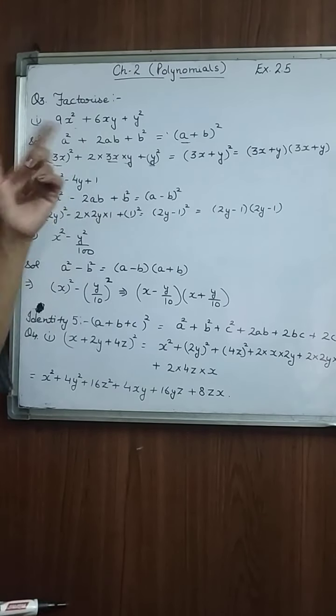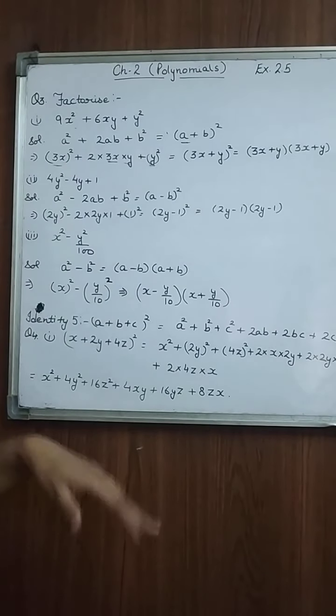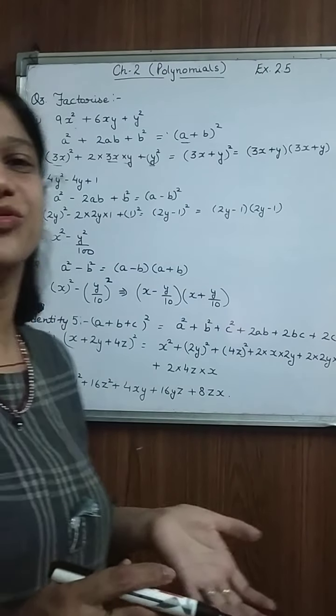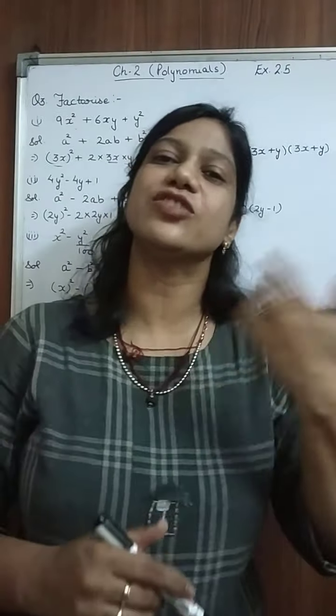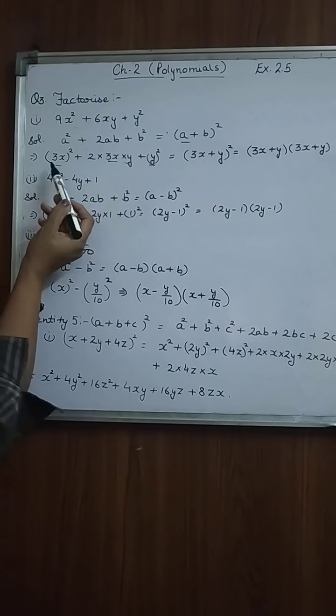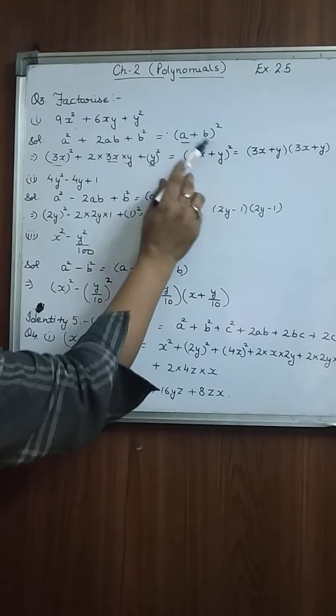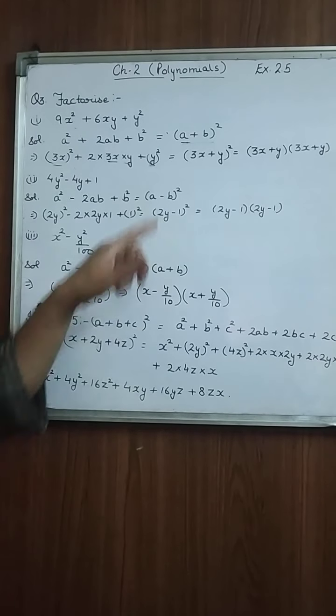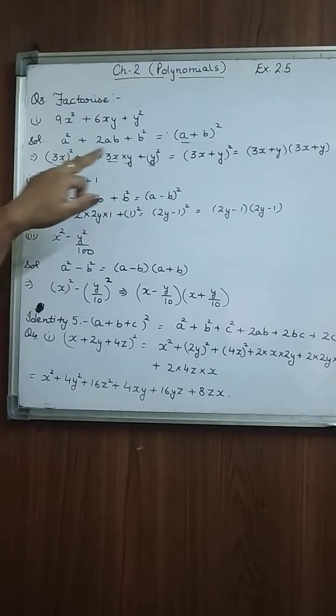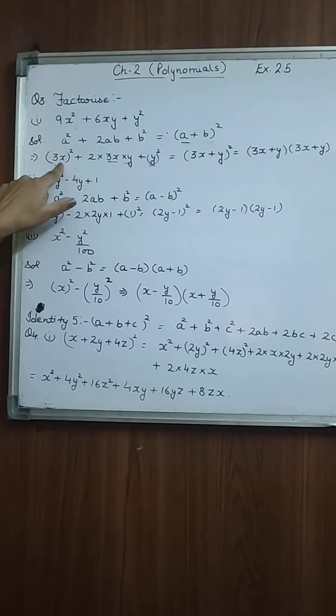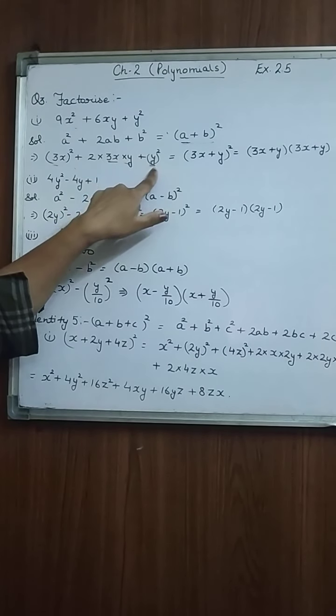What do we need to do now? Now don't solve it again. This is the common mistake of students. Students are just solving it again, just taking the squaring again. No, you have to go to the factorization. Factorization means the initial identity. So it is a plus b. It means 3x is a and y is b.